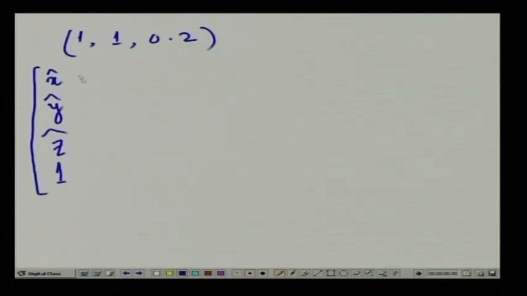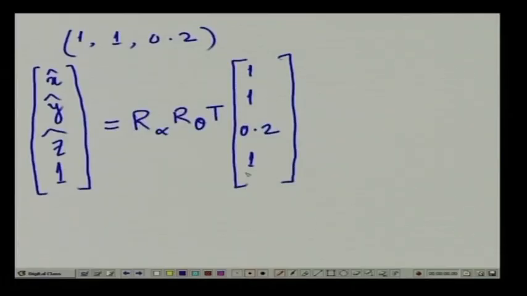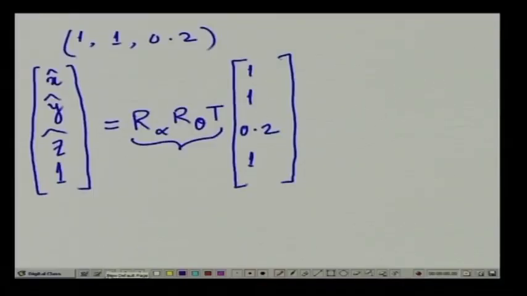So, this will be like this. It has to be R alpha, R theta, then T, and the original world coordinate 1 1 0.2 and 1 in the unified form. Now, if I compute this R alpha, R theta and T using the transformation matrices that we have just derived,